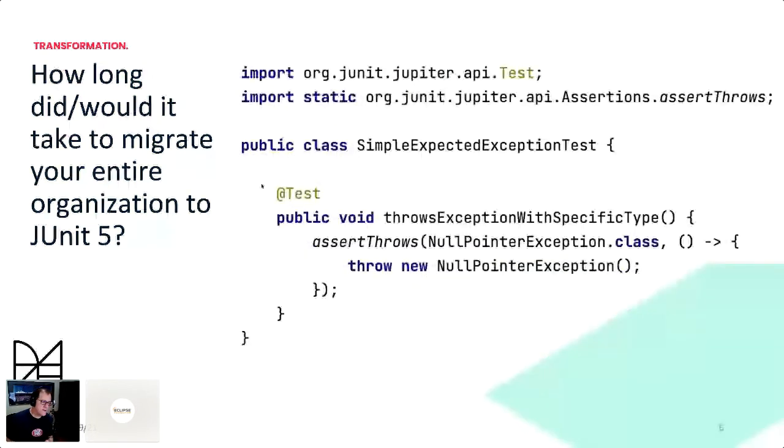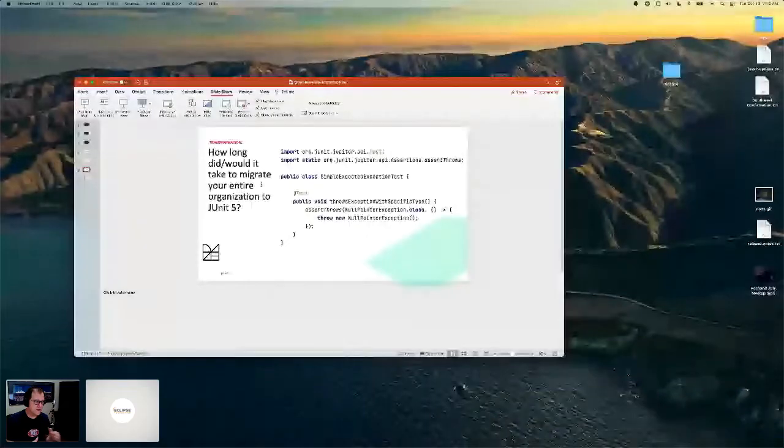In JUnit 5, they changed this quite a bit. Obviously, the instance variable went away, and now you can see that we would assertThrows, and you say, I'm looking at this class, and there's a lambda expression. So instead, a little nicer, but really difficult to do this transformation in an automated way with tools that are out there today. So this is what got me hooked on OpenRewrite, is it actually can do this very transformation. I was excited as a developer to see something that did that, and it can do it at scale.